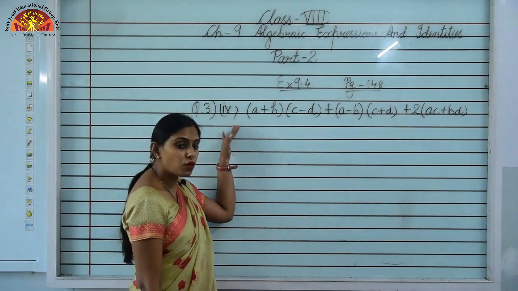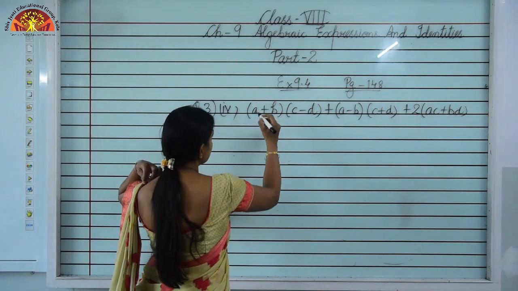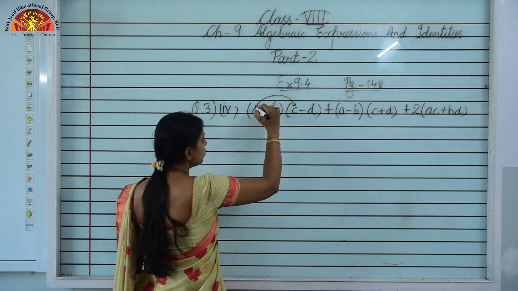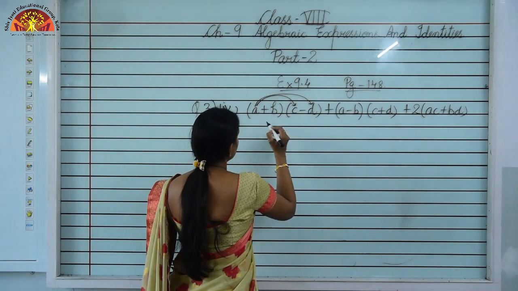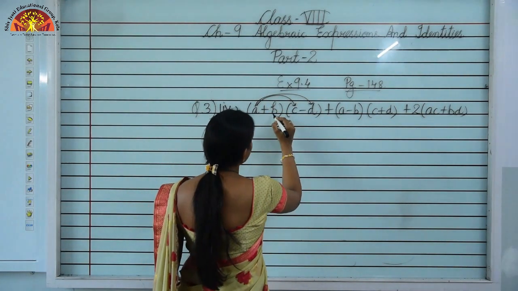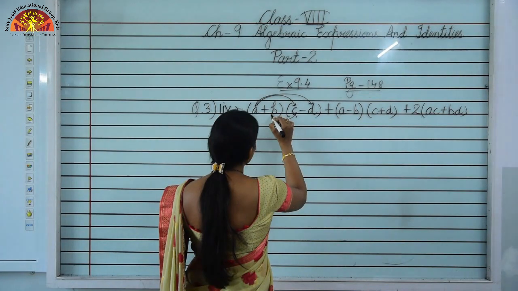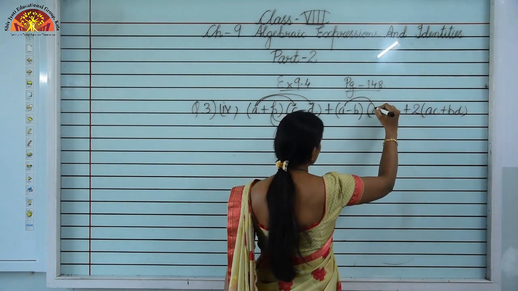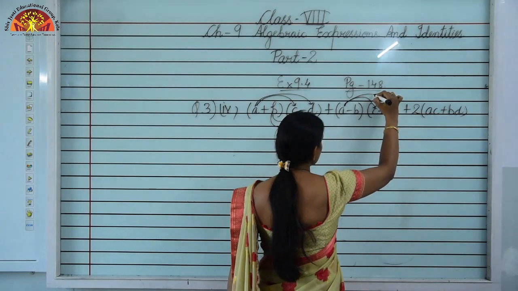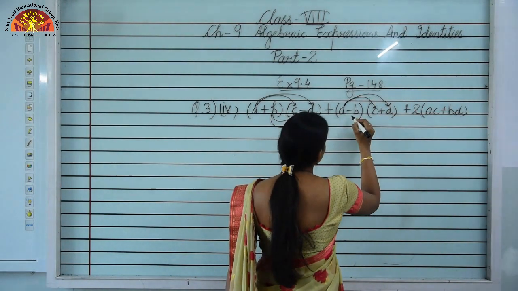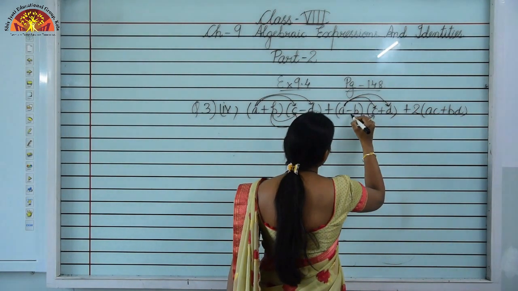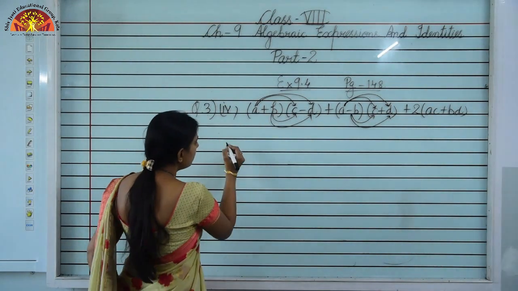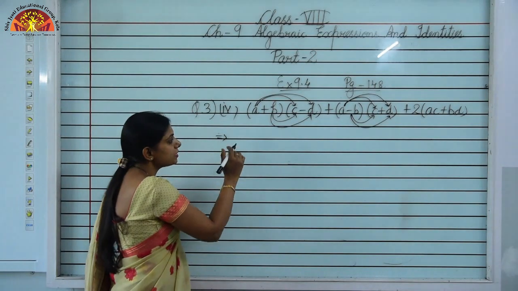So first of all children, we will solve the bracket. You will just do the multiplication. That is, A will get multiplied by C also and with minus D. Similarly, this B will get multiplied with C and minus D. Similarly, you have to carry out the multiplication over here. That is A with C, A with D, then minus B with C and minus B with D. Okay. Now just see over here, we will just open the brackets.